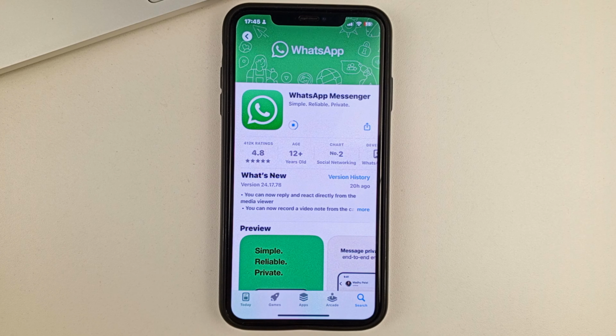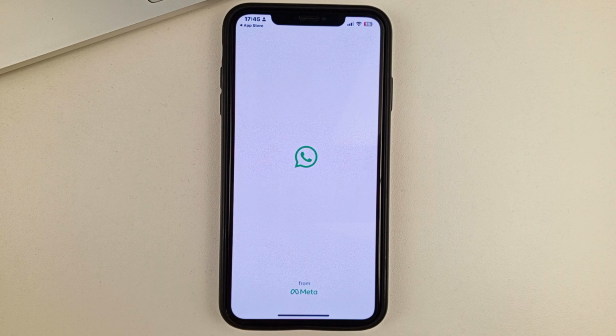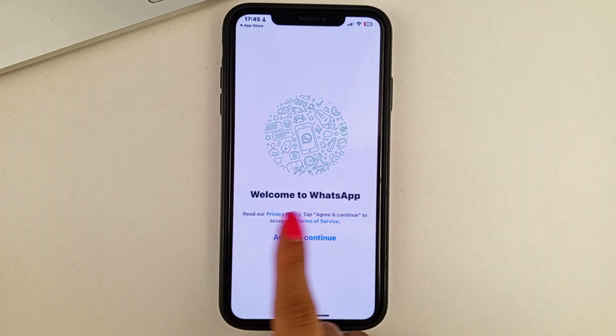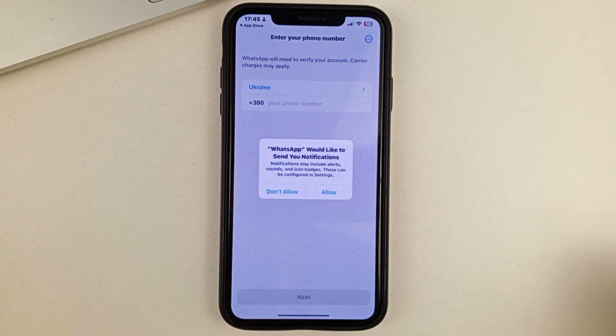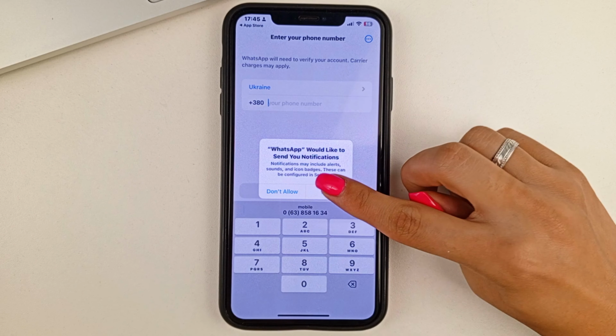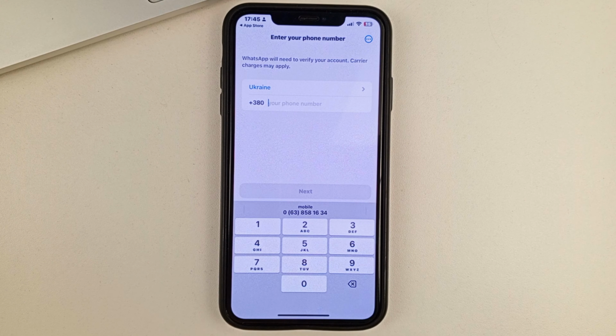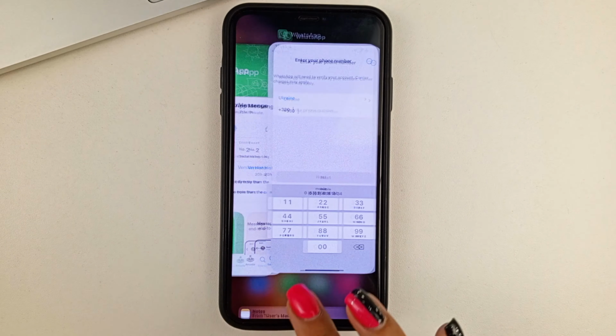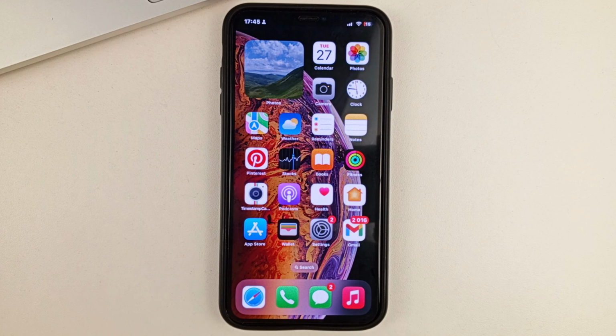And when you open the WhatsApp application that you have already previously downloaded and deleted, and then you'll log out of it so that you can re-enter WhatsApp. You'll need to click here and then enter your phone number, and then only you can re-enter your WhatsApp, or you can register a new WhatsApp using your phone number. This is the way you will be able to log out of the WhatsApp app on your iPhone.